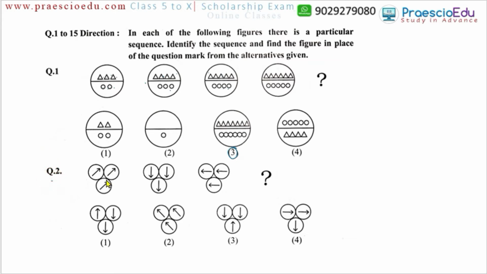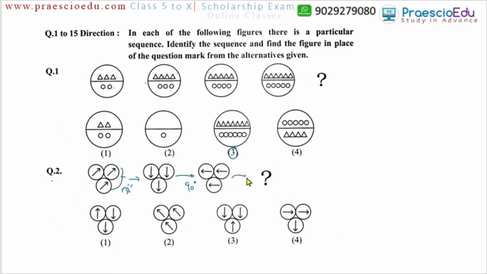Now question number 2, there are 3 circles. All have the same arrangement, but the arrows are showing different directions. There are 3 circles having 3 arrows respectively, but all have the same direction. In the next figure these 3 arrows turn by 45 plus 90 degrees, means 135 degrees, and now they point toward the down direction. In the next figure they turn only 90 degrees, meaning from 135 to 90 degrees, the angle is also reduced by 45.